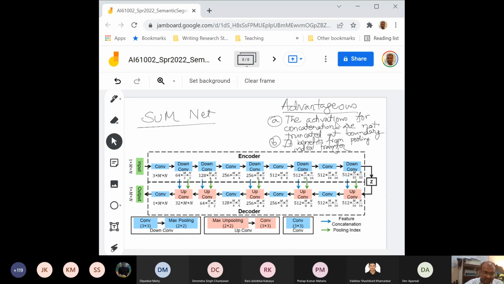Okay. Now, in some way, it gets its name. Basically, it's a SegNet and UNet mixture. Well, we also joke sometimes and say that because the first author group was Sumar, which is also included. That's the other part of it. The primary reason is because it essentially has a mix of both the characteristics and attributes of SegNet and UNet.